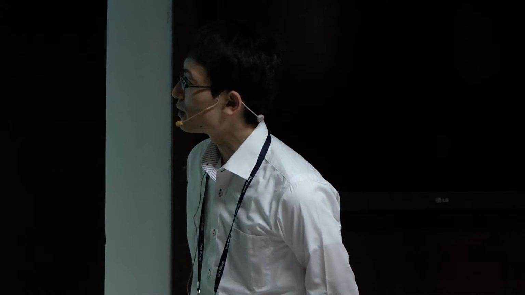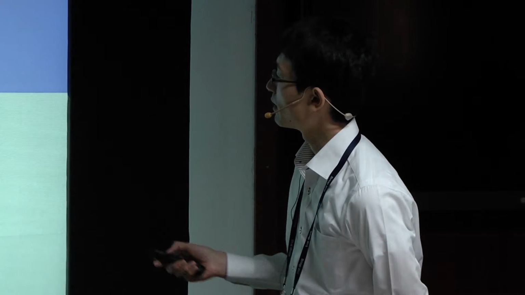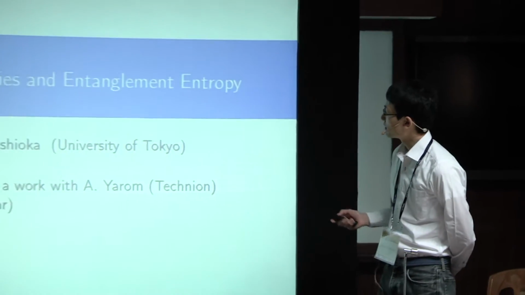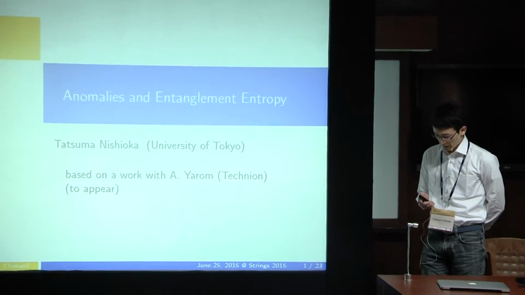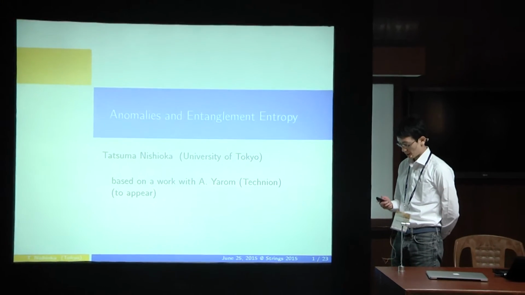In this conference, we heard a lot about the anomalies and especially the role of anomalies, say like global or conformal anomalies in 6 dimensions, etc. We also heard a lot about entanglement entropies and how important it is in the context of gauge gravity dualities. But somehow they are discussed independently so far. So I'd like to say something about their relations in my talk.